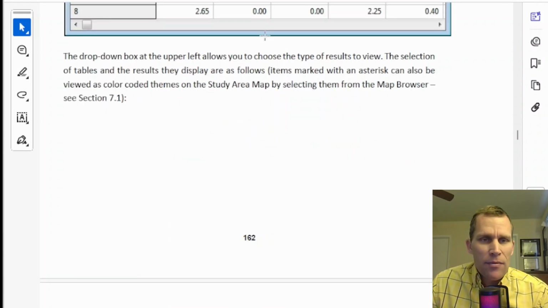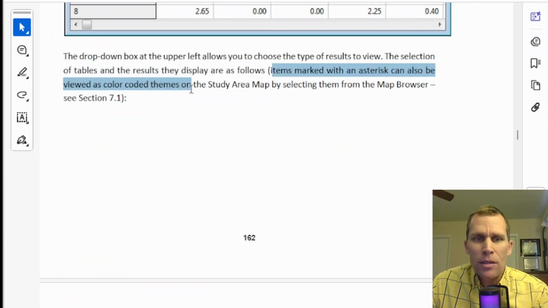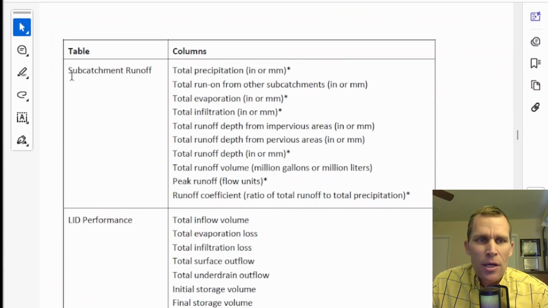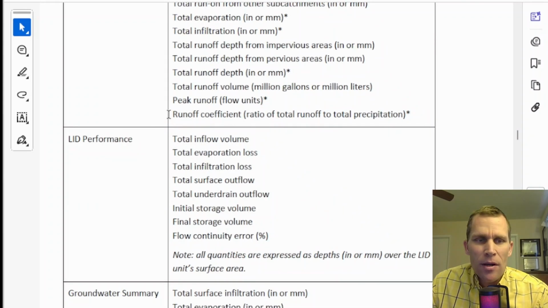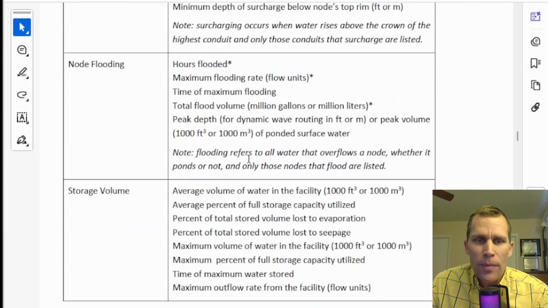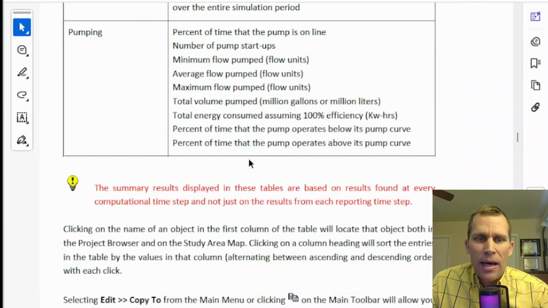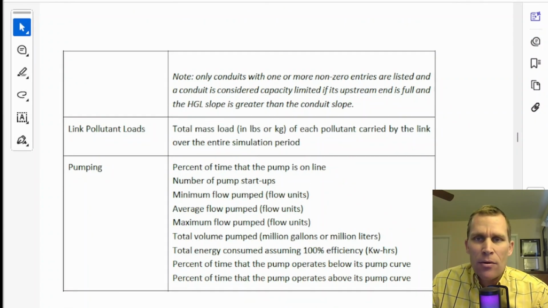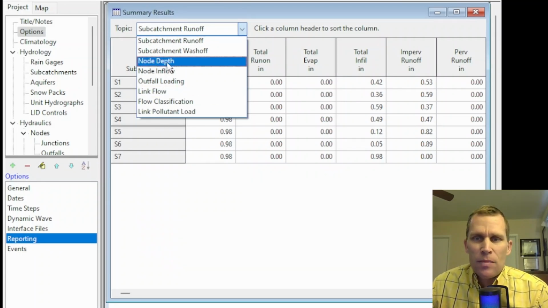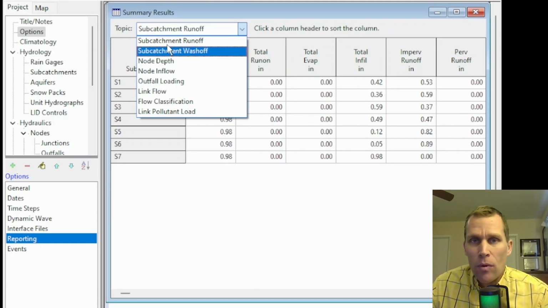That just means that items marked with an asterisk can also be viewed as color-coded themes in the study area map by selecting the Map Browser. So anyway, back to the column descriptions. We have descriptions for the Subcatchment Runoff table, LID Performance table, Groundwater Summary table. This goes on for pages and pages. And keep in mind that we did not even see all of these categories in our results up here. There's no groundwater, for instance,